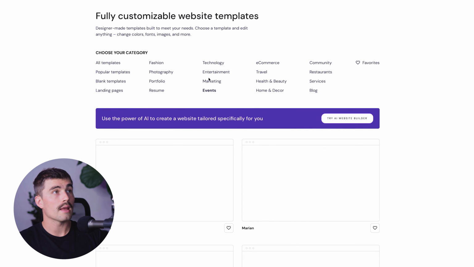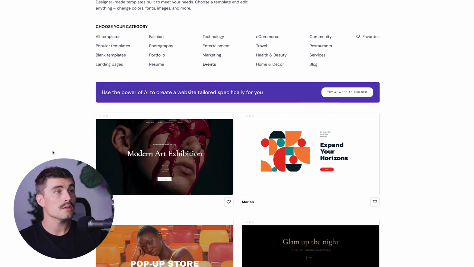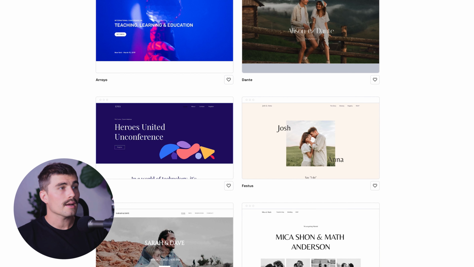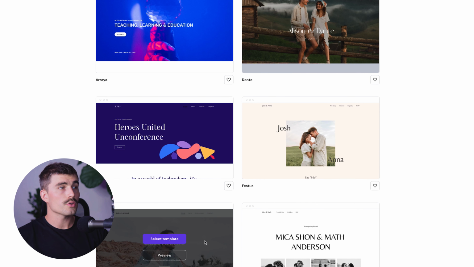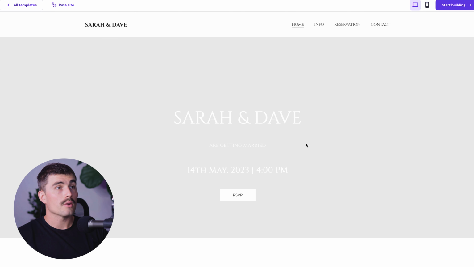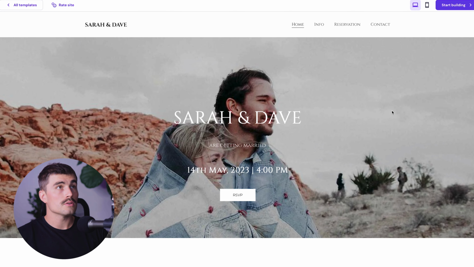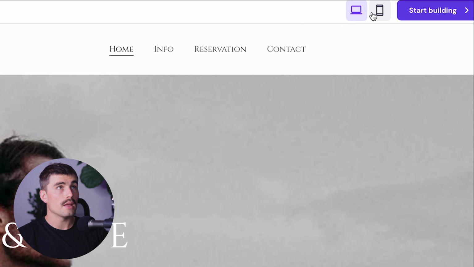So for this, let's go ahead and select events and see what we can find. So I kind of like the looks of this template right here. So what you can do, you can go ahead and before you select the template, you can preview it. And what I recommend that you do is you come up here to the top and you can go ahead